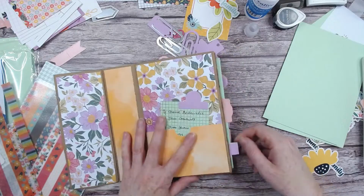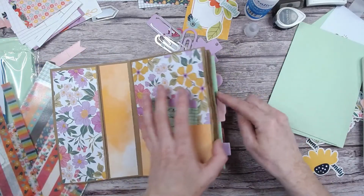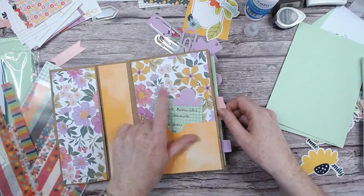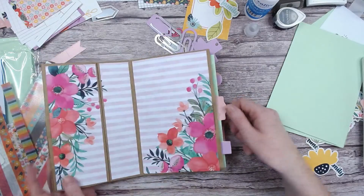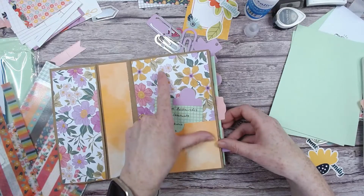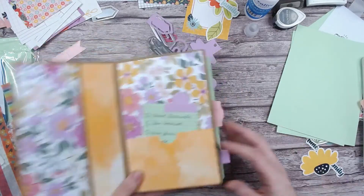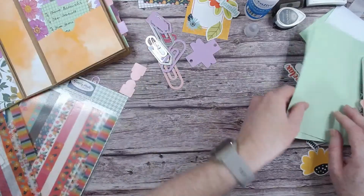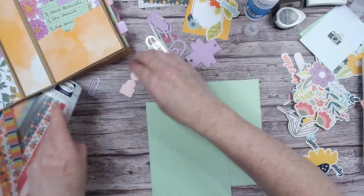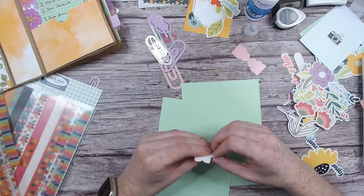Pop that in. There we go. We've got all of these tabs, and I just love the colours. I chose these colours for these tabs specifically from the papers, so they match. I've got the very similar purple here and the pinks as well. So that's one way that you can get your album coordinating together really nicely, is just be inspired by the colours. And then the last two, I think I just die cut just enough